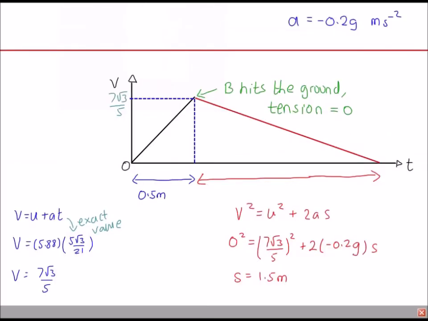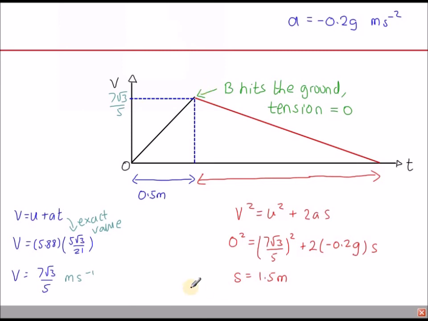So using some SUVAT formulae, the velocity reached by A at this point where B hits the ground will be exactly the same as the velocity of B before it hits the ground, because they were connected by the string at that point, and the string was tight. So v equals u plus at. Initially the system was at rest, so u is 0. a is equal to 5.88 meters per second squared. We worked that out before, and this is the exact value of t, 5 root 3 over 21. So this is the exact value of the velocity, in meters per second, when the string becomes slack,